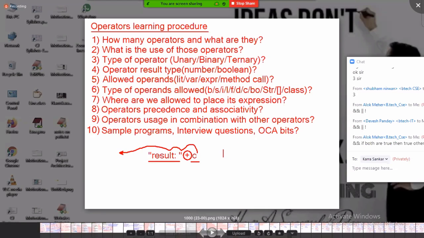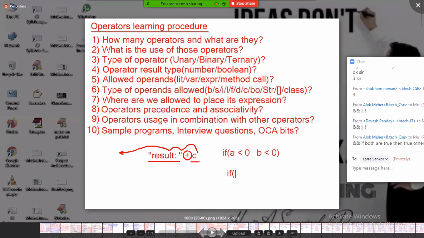Similarly, I am preparing an if condition. I want to take two values, A and B. I want to verify is A a negative value and B a negative value. Then what do you write? A less than 0. Or in a single condition, I want to place two expressions. Can I write like this? If A less than 0, B less than 0. Can I write like this? No, you cannot write like this. If you try to write, the compiler will throw an error. It's a wrong syntax.